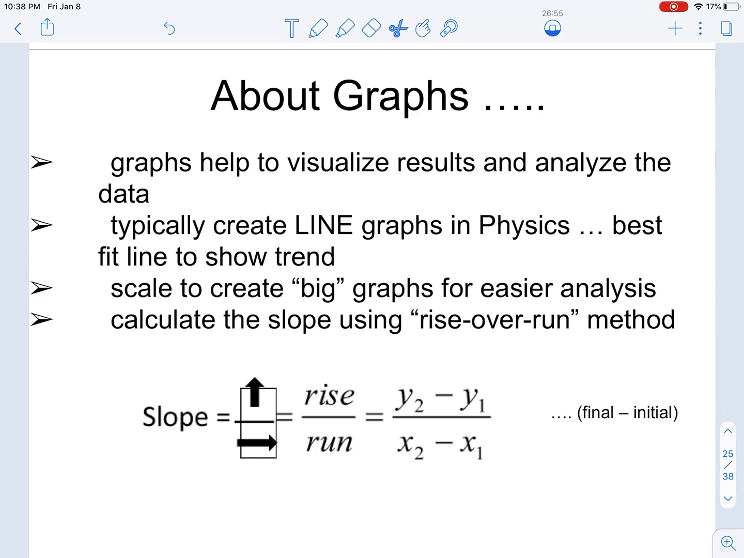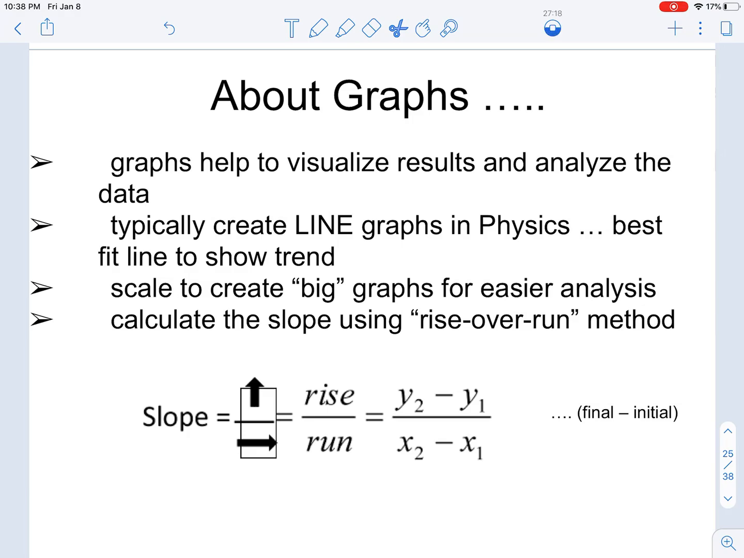experiment. When you create your graph, it will be important for you to scale your x and y axis so that your data covers the majority of the graph space. You must cover at least half of the graphing space, or you will lose points for making your graph too small. So make sure that you scale it appropriately so that you cover as much of the graph space as